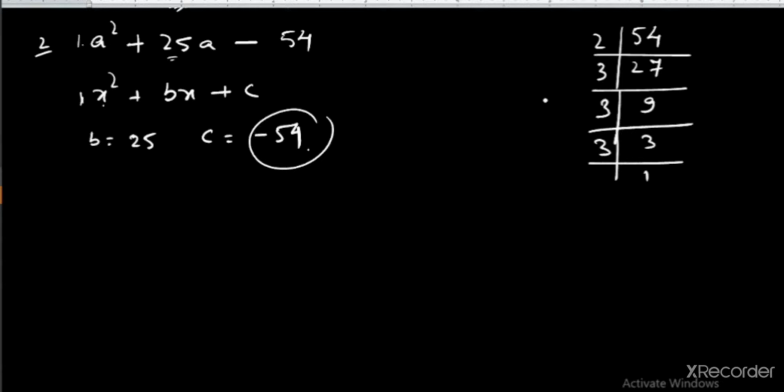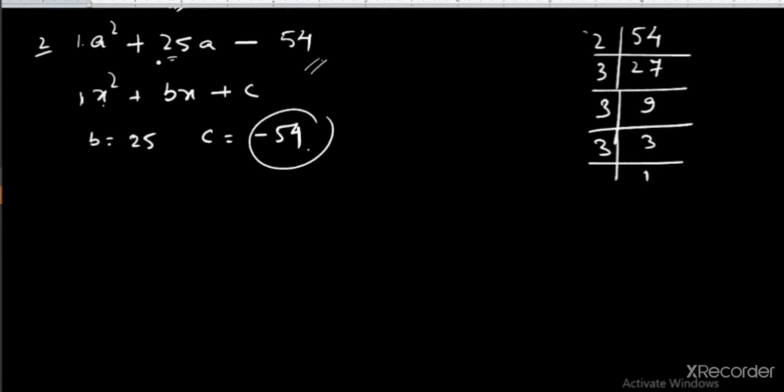Now you have to make pairs out of these in such a way that you get the sum as 25. So you have to arrange 2 into 3 into 3 into 3 into 1. How to arrange? And yes, the product should be 54. So for the product, we should not be worrying about it. Why? Because when the vectors are arranged, the ultimate product will still be 54 itself. So no need to worry about the C part. But yes, you have to worry about the middle part.